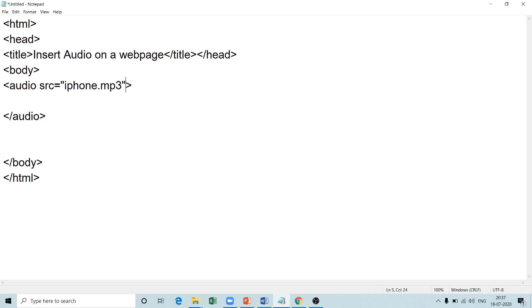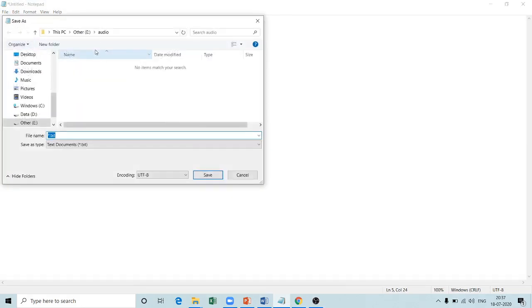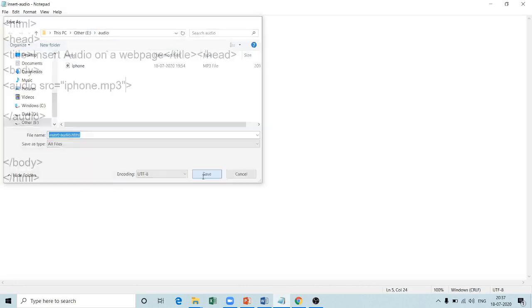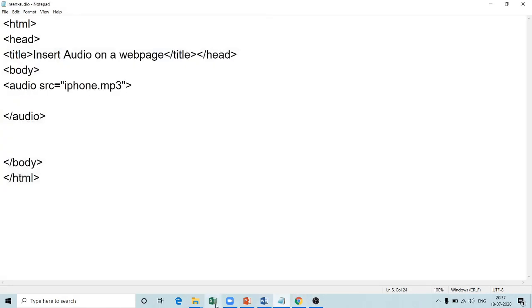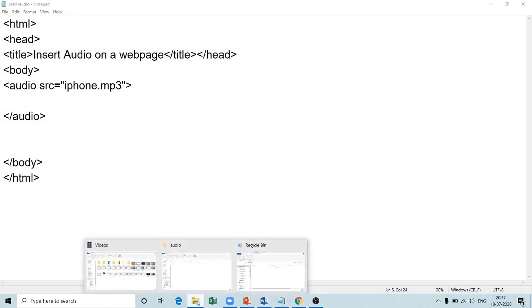and I will save this file. Save. Now see, I am saving this file in the same folder where I have saved that iPhone file. Let's quickly run the file.